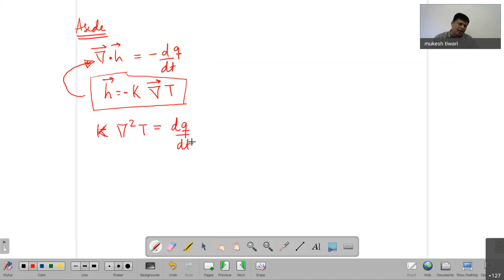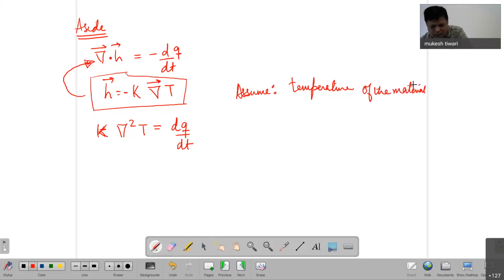One more assumption, and now I am going to appeal to some of your earlier knowledge, or I hope that you have read. If you have not, then again take my word for it. So the assumption is that the temperature of the material in consideration here is proportional to the heat constant, proportional to the heat constant